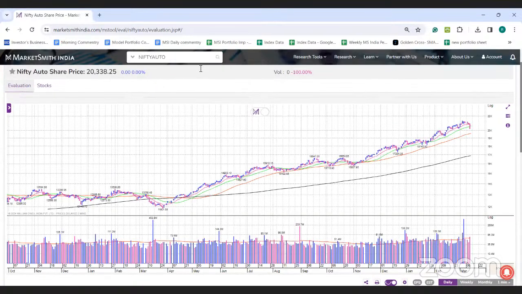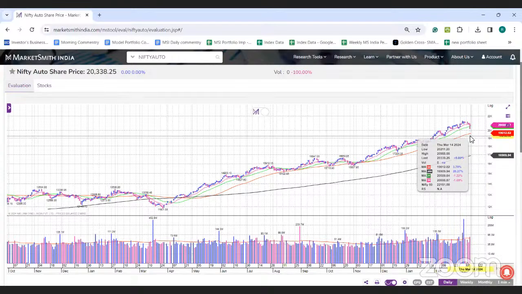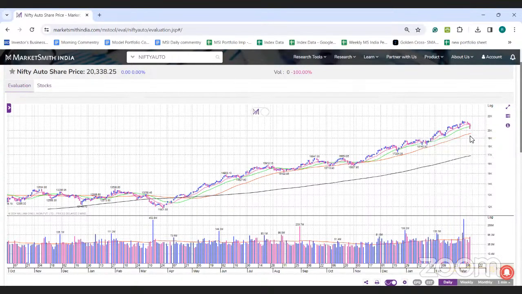Auto, one of the top winners of the last year. Here also it breached its 21 DMA. So today it did well, around 1% gain, but again failed to reclaim its 21 DMA. But broadly, yesterday's fall was sharp. The rest, it has recovered quite a lot today, but still it is trading below 21 DMA and that needs to be